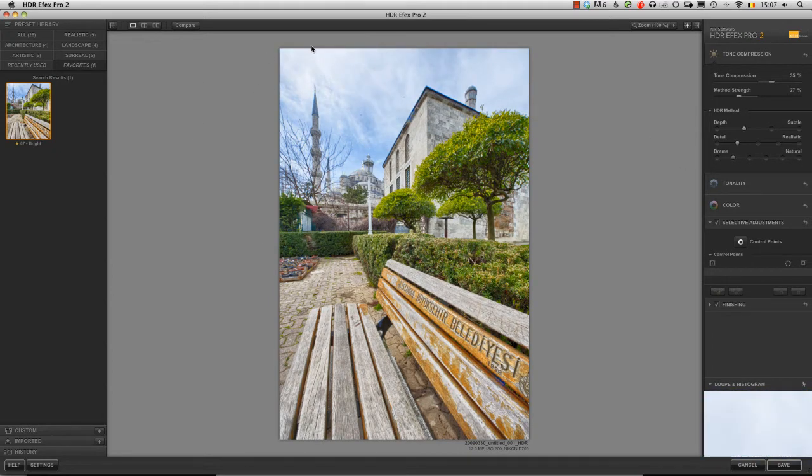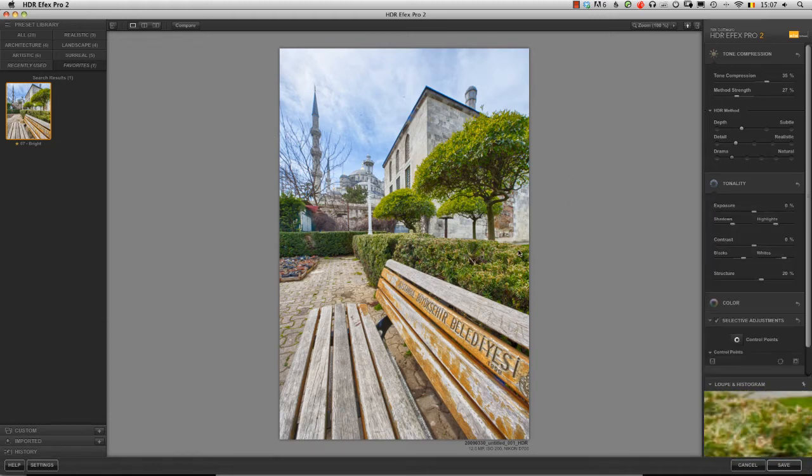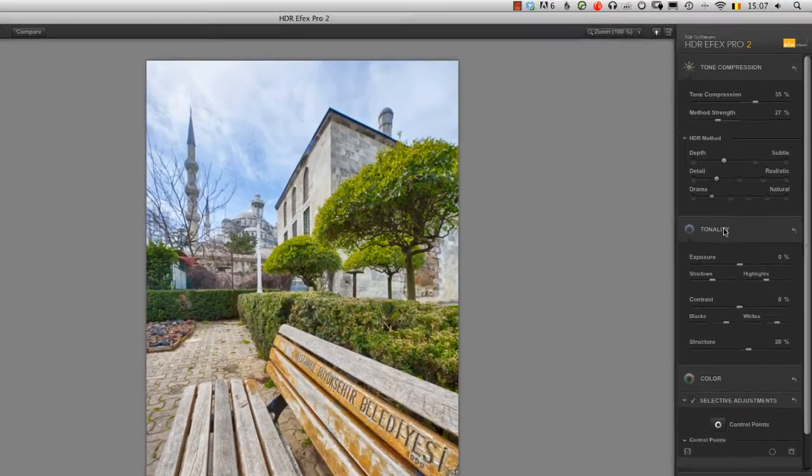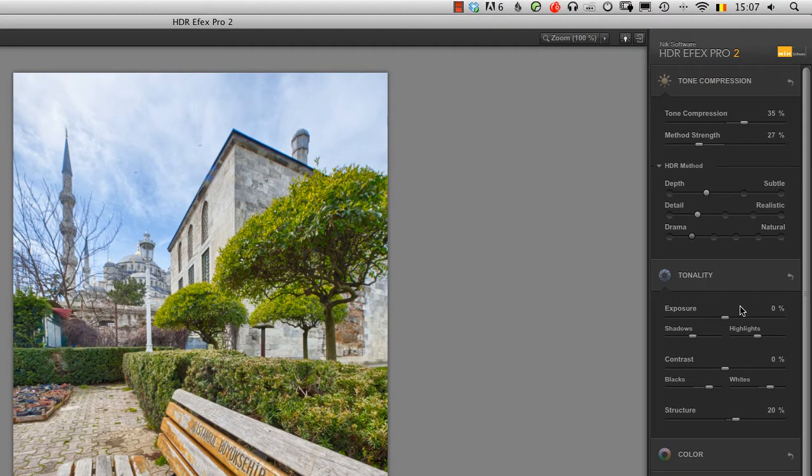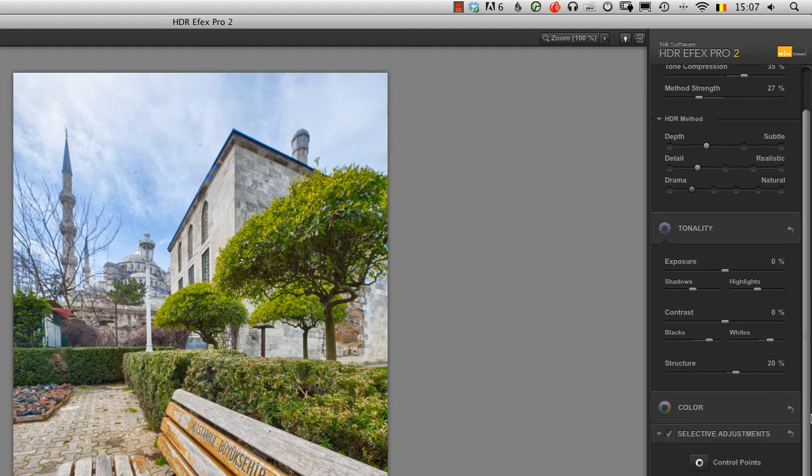Now, after having set the global look, then you can tweak your image in the tonality part of the interface. And here I can set my exposure, shadows, highlights, and all of this, of course, is done in 32-bit. So if you can, you're better off doing it over here than doing it later on in the post-processing pipeline. And of course, something that is always very popular in creating that HDR look is the structure slider, and here